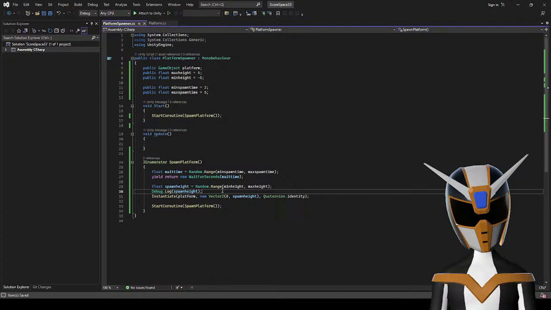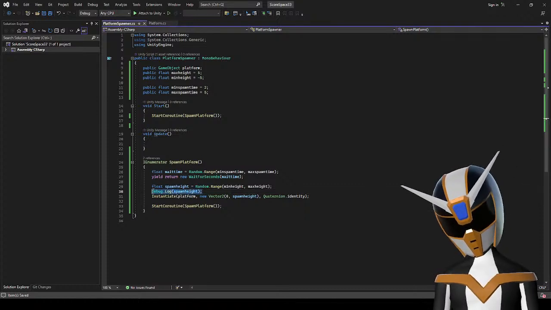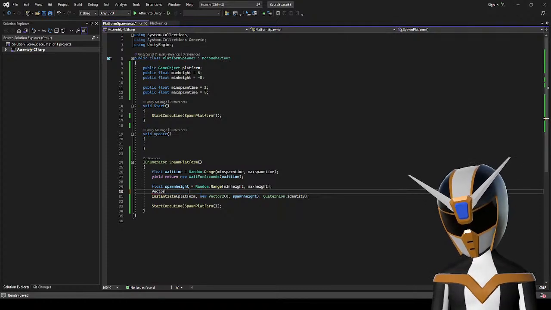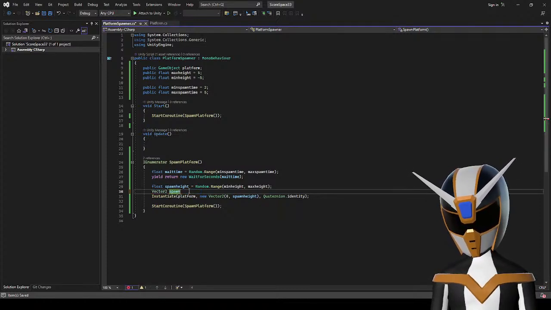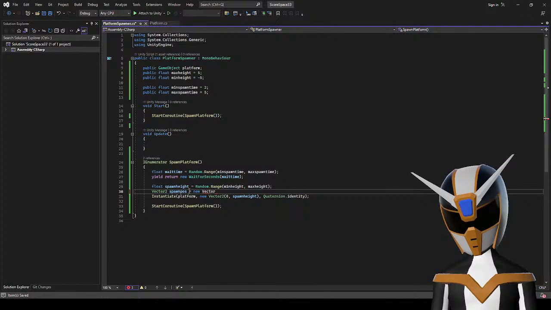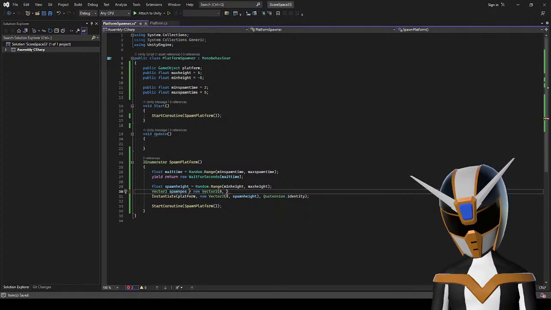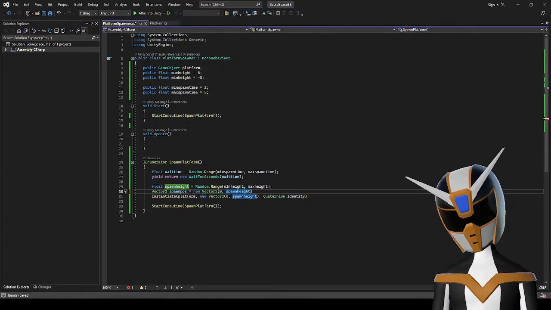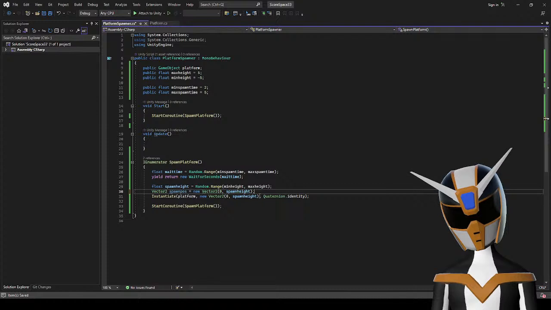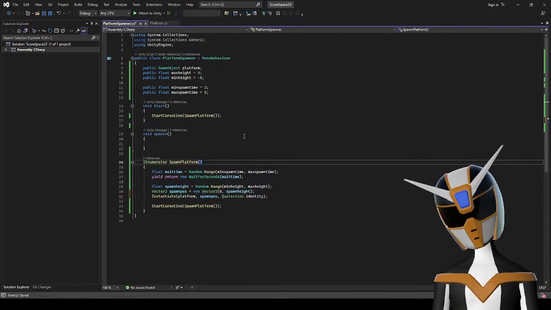Okay, well, I know that this works. Just go Vector2 spawnPosition, new Vector2 0, spawn height. And that should work. Let's just make this. I mean, I don't see how that would make any difference, really. But it might?